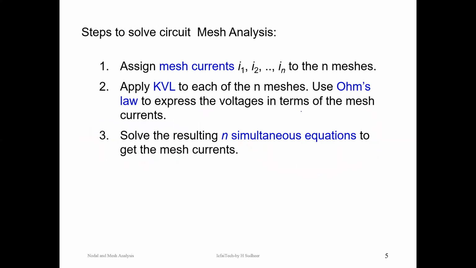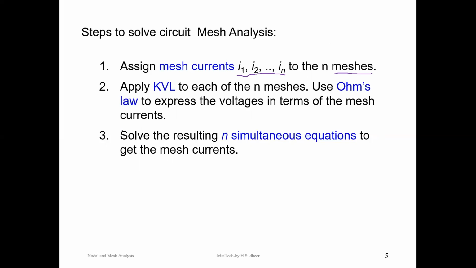So what are the steps involved in mesh analysis? First step, identify the number of meshes. Once you identify the number of meshes, assign each mesh current as I1, I2, up to IN. If a circuit consists of 3 meshes, you have to assign 3 currents. Let us assume all the 3 currents travel in either a clockwise direction or an anti-clockwise direction. Remember, if you are considering one mesh current direction in clockwise, then you mention all other mesh currents also in the clockwise direction.